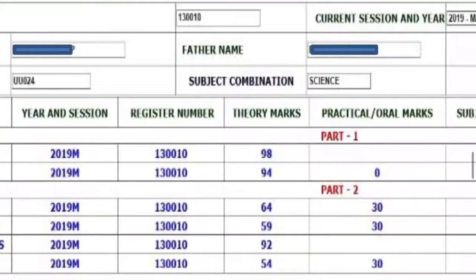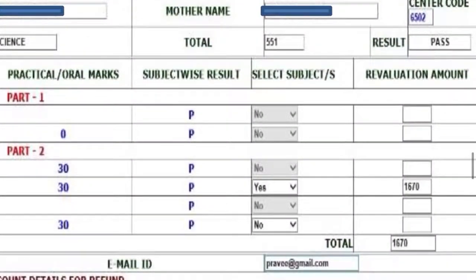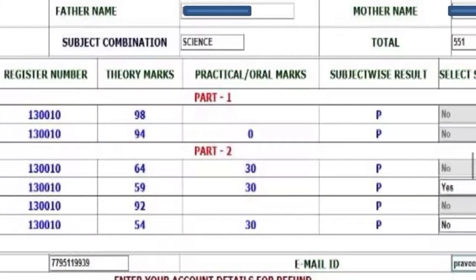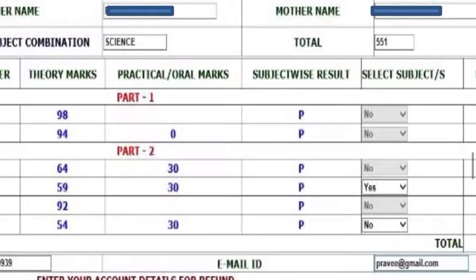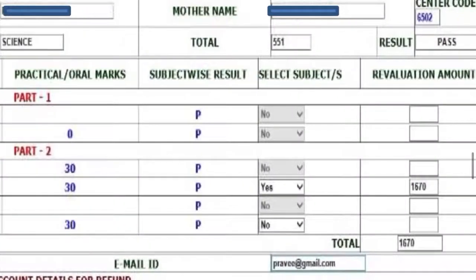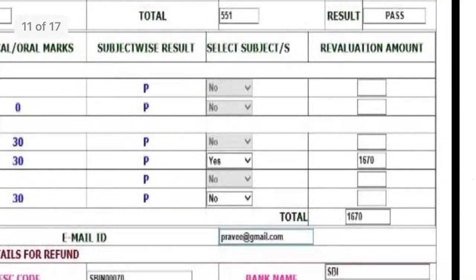Here you have yes under chemistry, so this person is putting revaluation for chemistry and has marked as yes. For whichever subject you want to apply for the revaluation, you need to make it yes. Then automatically the amount will be generated here. You need to pay this amount.